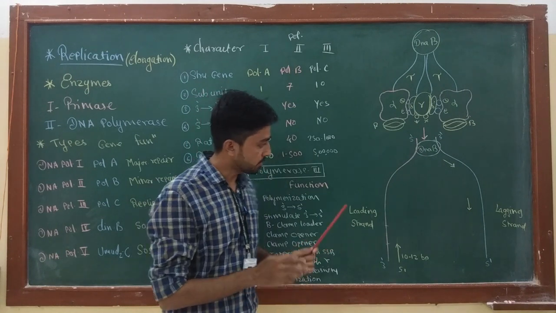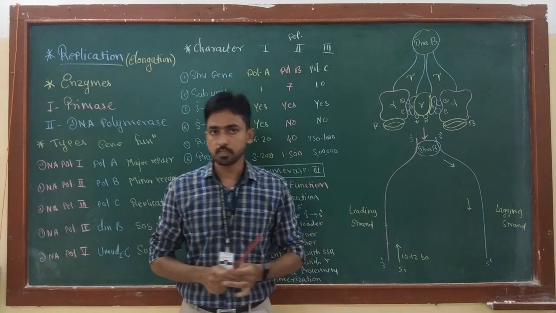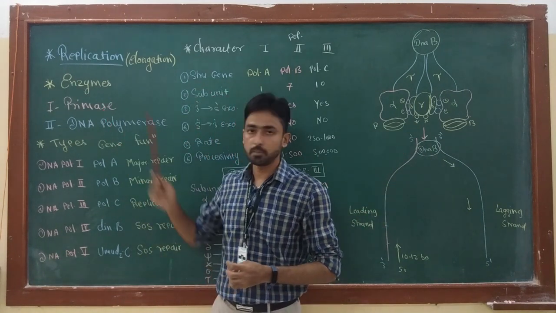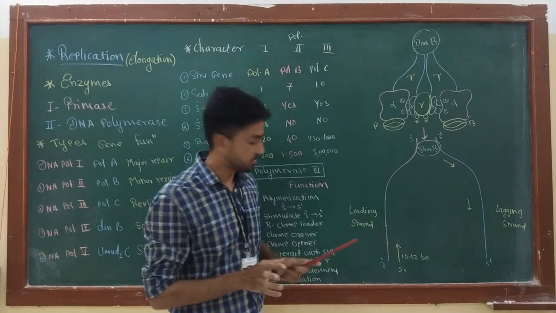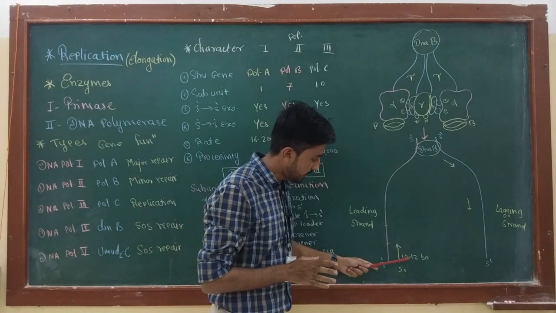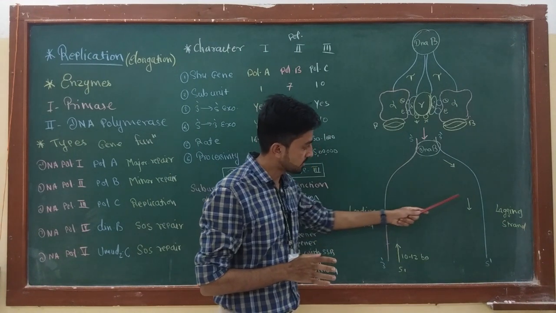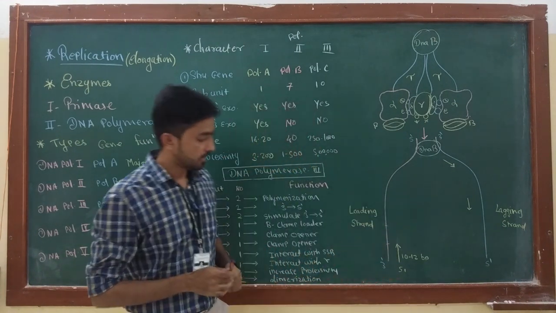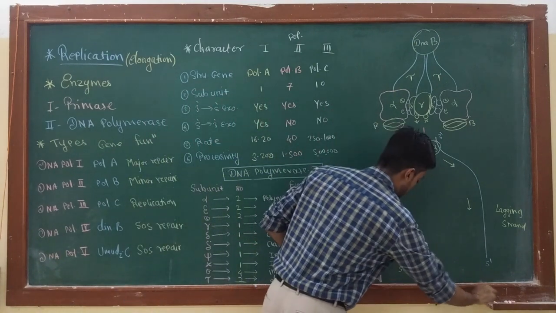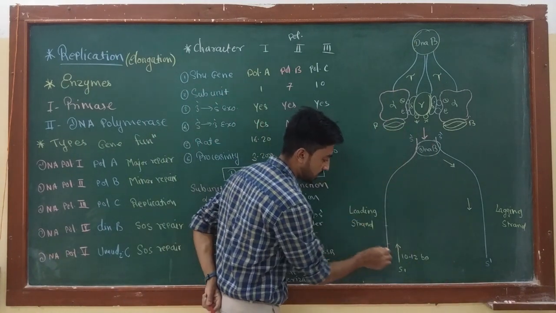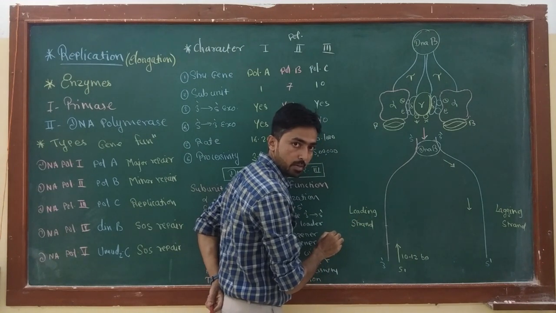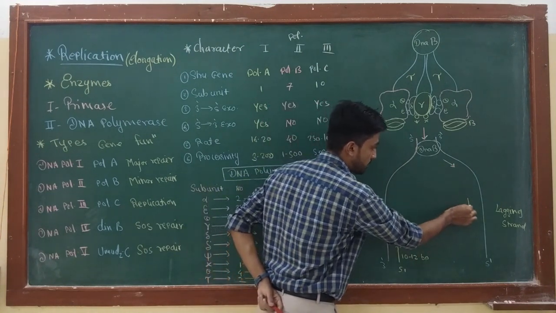Okay. Now after formation of the replication fork, the first enzyme which comes in the elongation phase is primase, and then it produces a 10 to 12 base pair long RNA primer on the leading strand and multiple such primers on the lagging strand. Here you can notice that the leading strand requires a single primer while the lagging strand requires multiple primers.